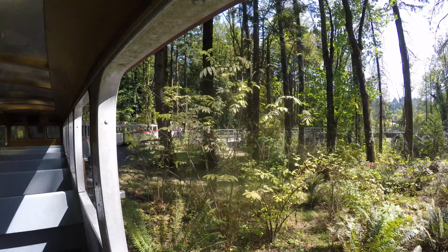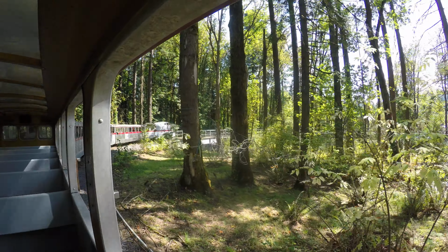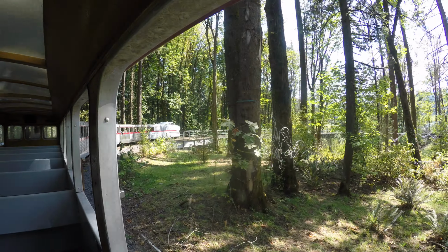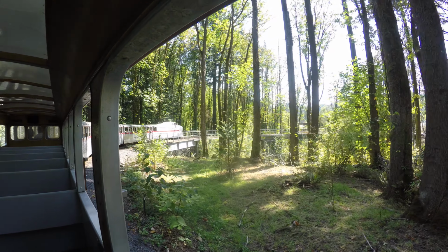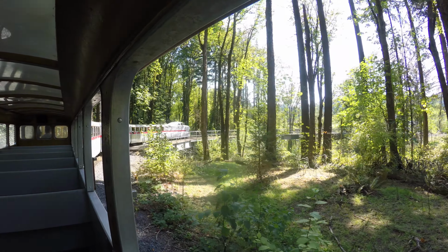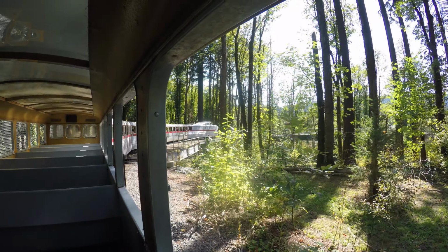The trestle that we are about to cross was built on the site of a wooden trestle that was part of the original track plan when the zoo was being designed in the mid-1950s. The wooden trestle was completed in 1962. The trestle was used as part of the train ride for only a few years until about 1968, when train operations were changed